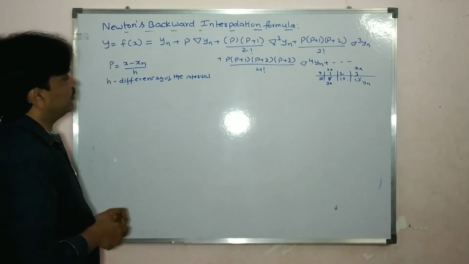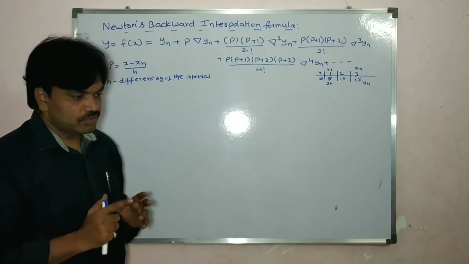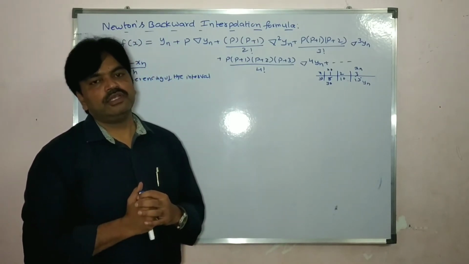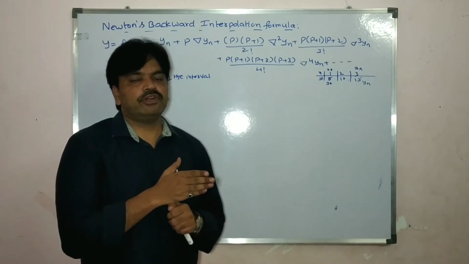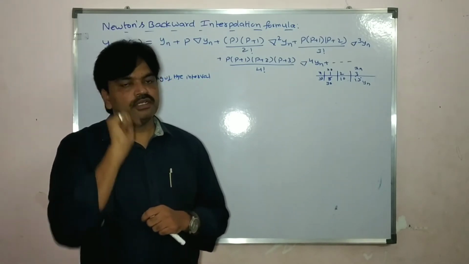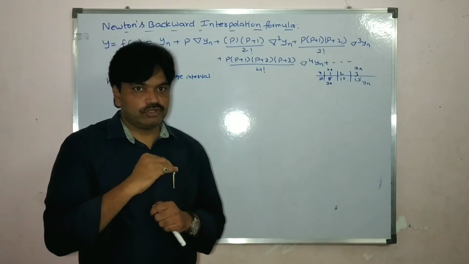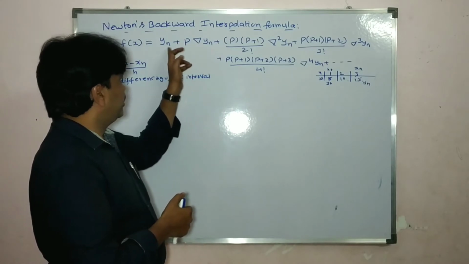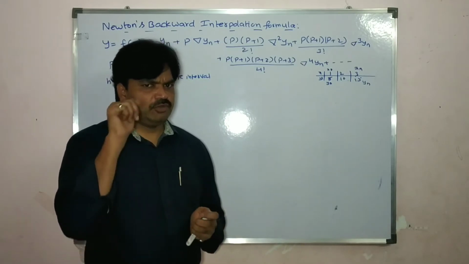This is about p, students. And then we have del yn. Here also we are using the forward difference table. You find the values as in Newton's forward interpolation. There, the upper values are del y0, del square y0, del cube y0. In the table, the lower values we take are yn, del square yn, del cube yn, del power 4 yn, etc. Let us see in the table.